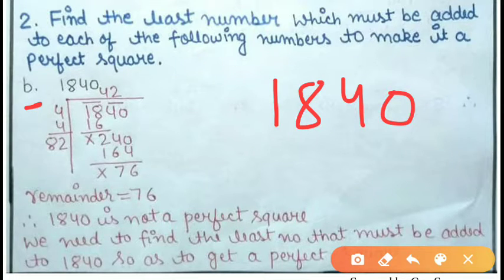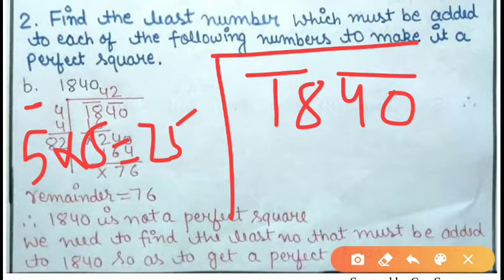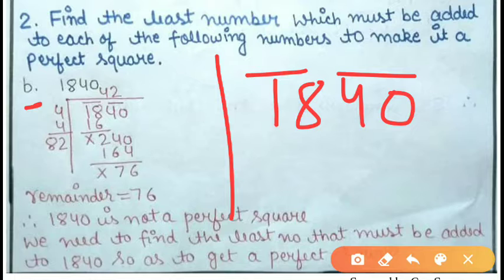First of all, by the long division method, you do a factorization of 1840. Start making pairs from the unit digit. This will be one pair. Now 18. You want a number less than or equal to 18. So 3 into 3 will give you 9. 4 into 4 will give you 16. And 5 into 5 will give you 25. But 25 is greater than 18. So go with the 4.